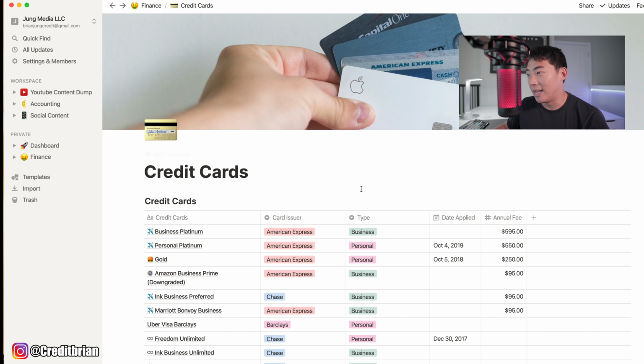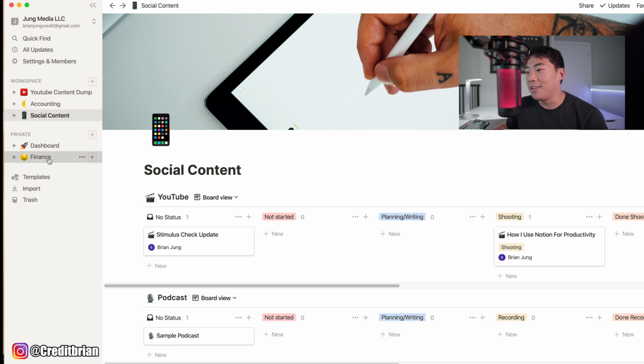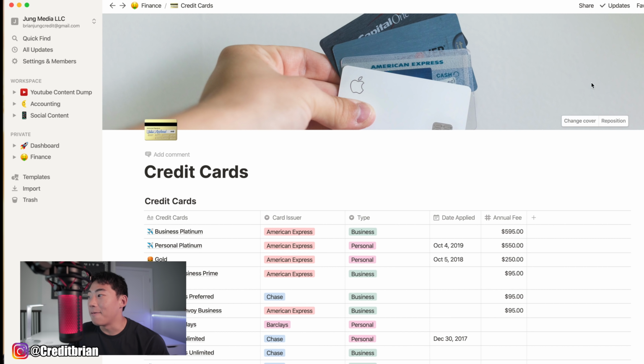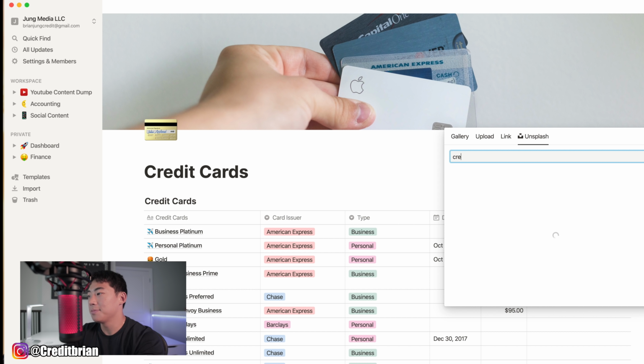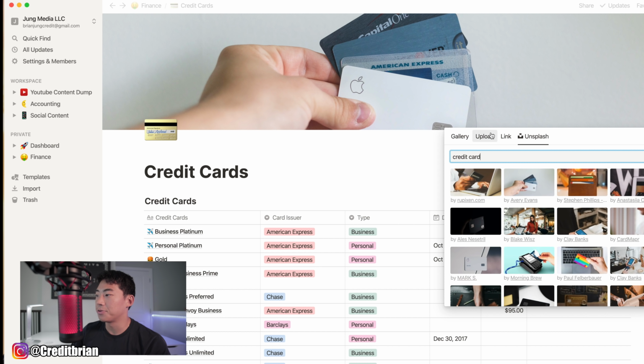And no, this isn't my hand up here. This hand is way too pale for this, and I would never have the Capital One card or the Apple Card in this setup, for anyone wondering. So ways you can actually customize this, really simple. You pretty much just put a keyword in here and it comes up, credit card, and it should be this one right here. So that's how that works.